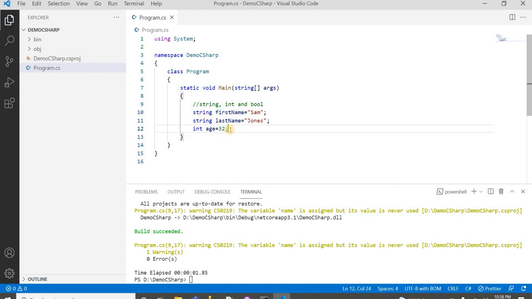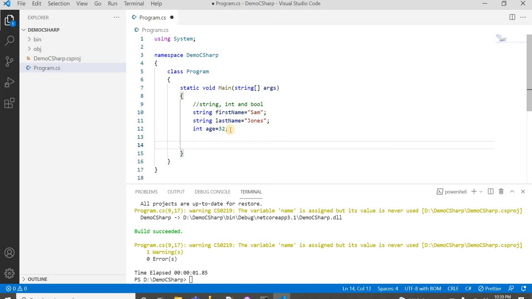In real life, I can say a balloon will store gas, a bottle will store water, and a box will store any solid material. So the box, bottle, and balloon are the variables, and what type of things they store, those are the data types.